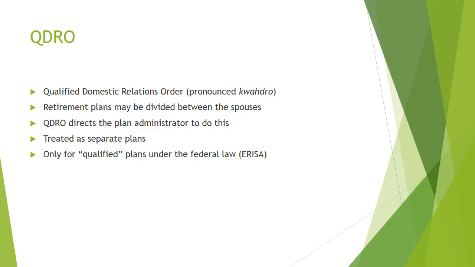ERISA stands for Employee Retirement Income Security Act. The paralegal's role in this is usually that we contact the plan administrator, ask them to send the form that they require for a QDRO, help to prepare the form based upon the situation, make sure it gets to the judge, gets signed and sent back to the plan administrator, and then the plan administrator does the rest. Plans have an entire department that does this type of work. It would be very interesting, but anyway,